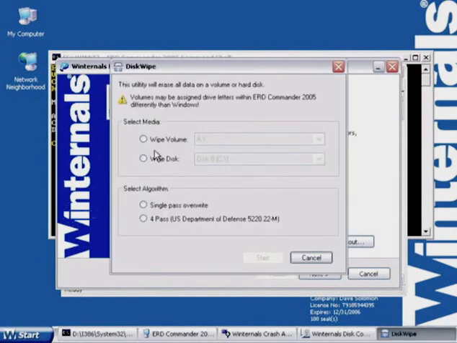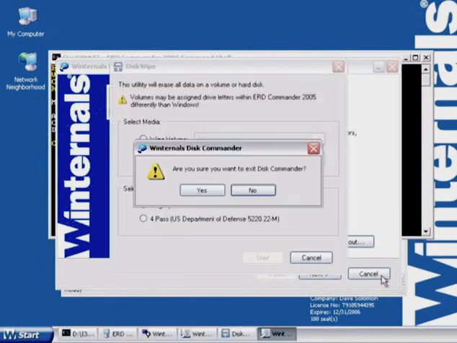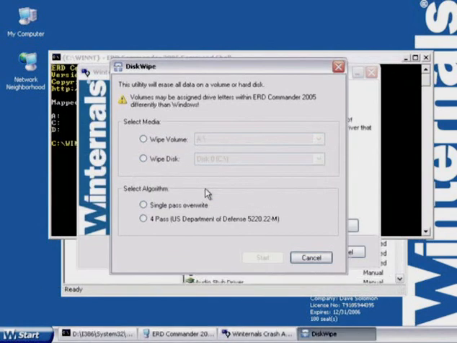When you're ready to take a PC and repurpose it, maybe give it away, throw it away, or give it to another user, it's good to wipe the disk to get rid of any sensitive information that can be obtained. And the Disk Wipe applet here does a Department of Defense compliant 4-pass overwrite of the disk, which the DoD considers sufficient for its own purposes in scrubbing a disk so that information can't be gleaned even by people using advanced electronic methods to try to get data off of the disk.